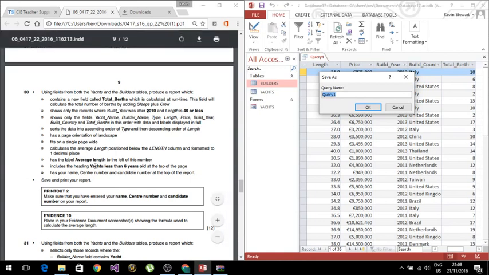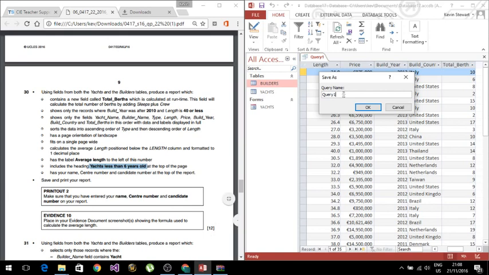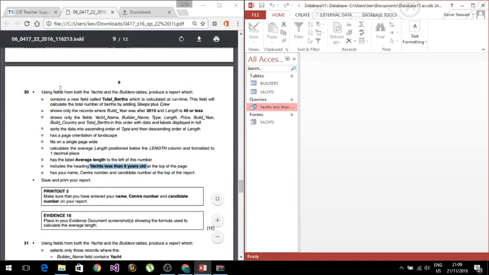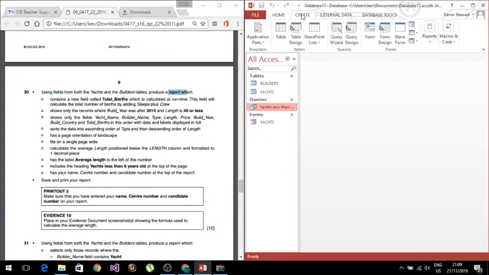And if you put the title in now, just to save yourself some headache later, you call the query yachts less than 6 years old. As I said, when you actually create a report, you always create a query first, and then that query turns into a report. So we can create,